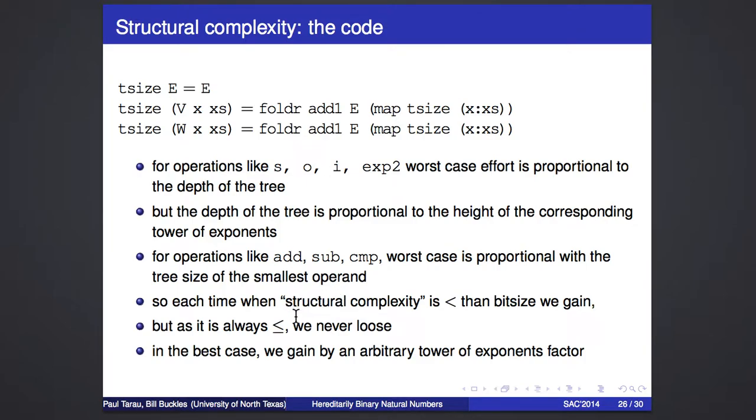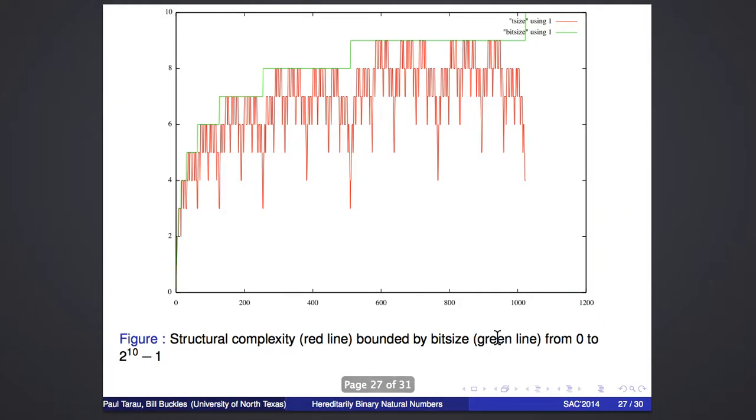So each time when structural complexity is smaller than bit size, we gain. But as it is always smaller or equal, we never lose, of course, except by constant factors which come from the underlying implementation of trees versus bit string arithmetic. So in the best case, we can gain by an arbitrary tower of exponents factor, especially when we have very tall trees. And we have a picture here where the upper green line shows you the bit size of numbers